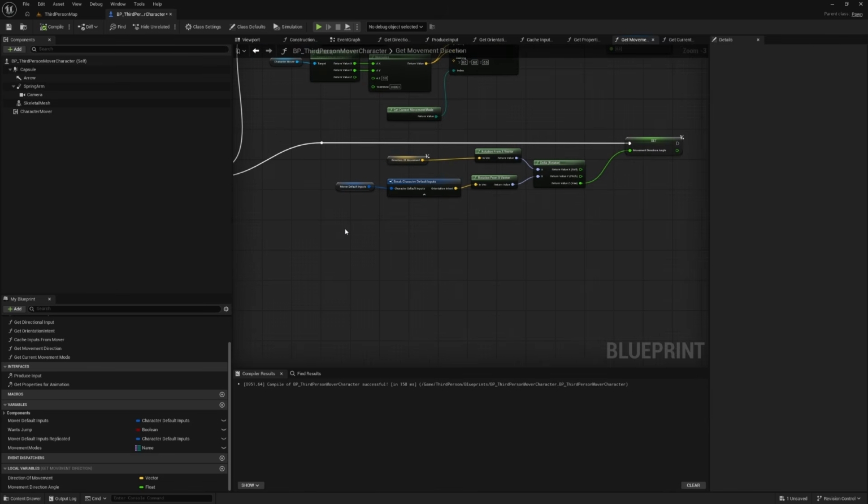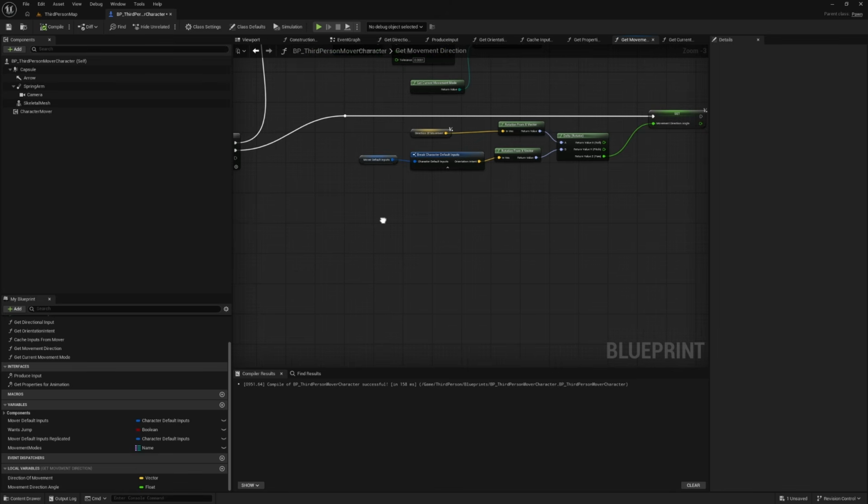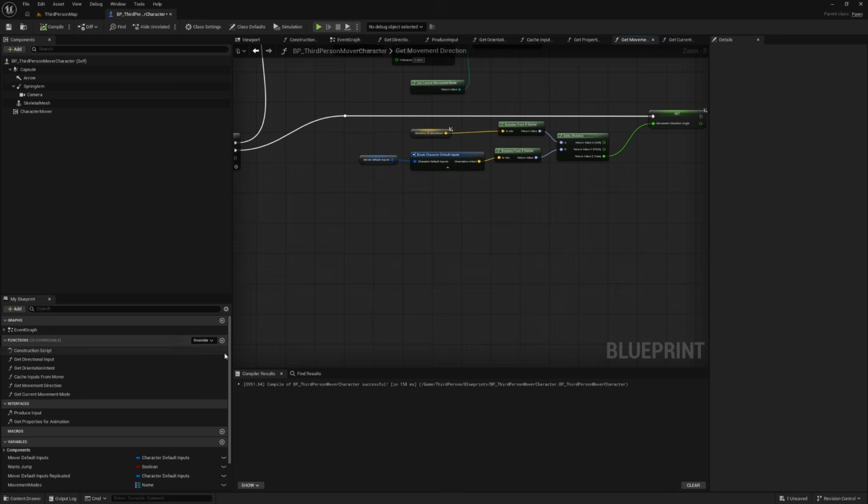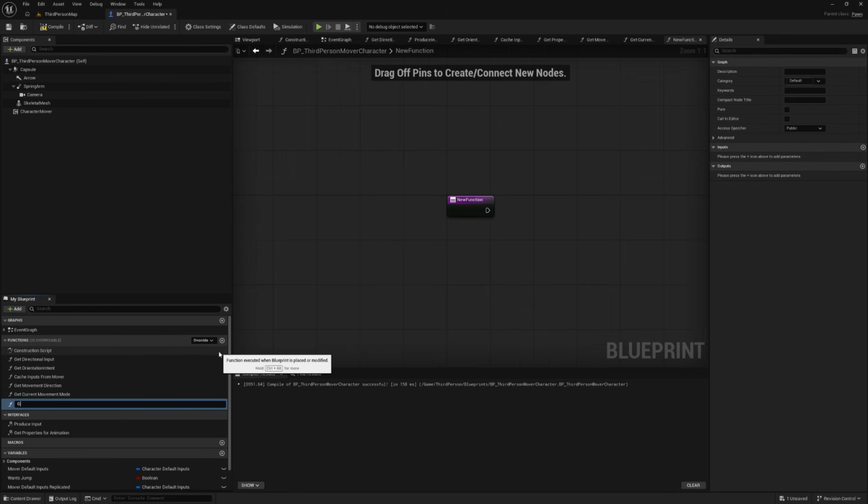We need to define which angle will be forward, backward, or left or right. So let's create one function here, get movement direction from thresholds. Okay,